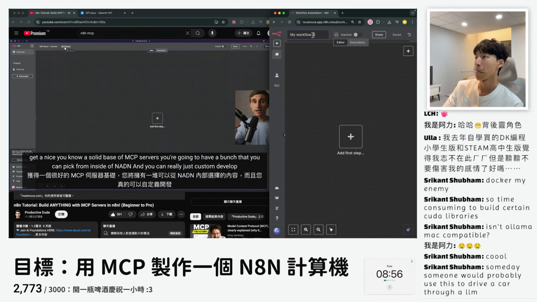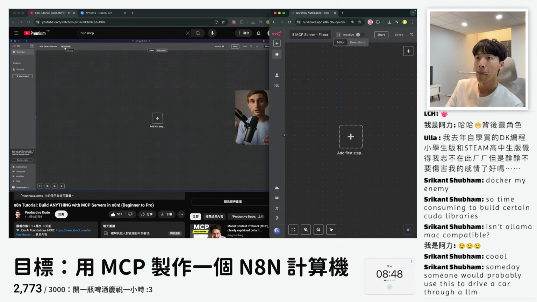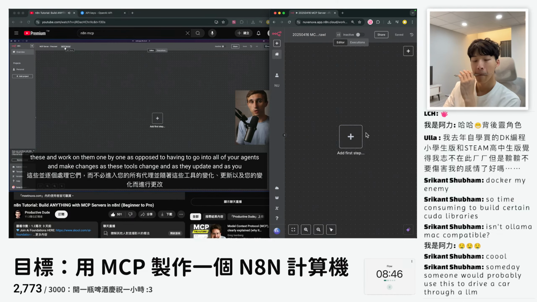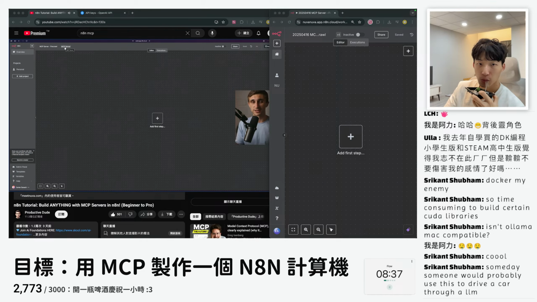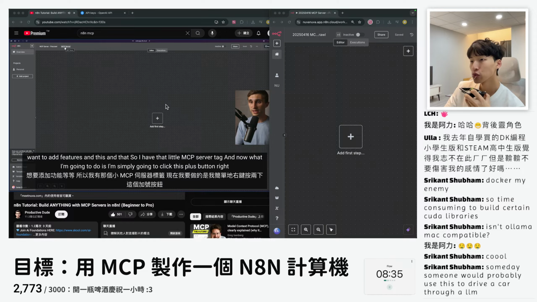So once you get a solid base of MCP servers, you're going to have a bunch that you can pick from inside of N8N. And you can really just custom develop these and work on them one by one, as opposed to having to go into all of your agents and make changes as these tools change and as they update and as you want to add features and this and that.